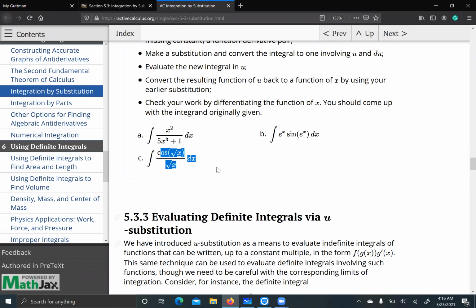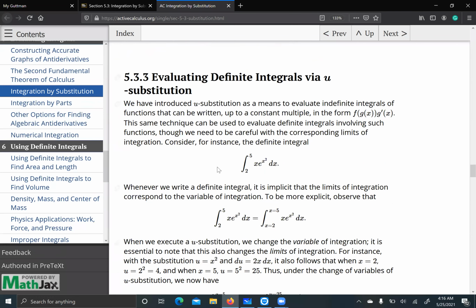Yeah, I think we can do the last one. I leave it as for you. It's not too difficult to see what should be u and what should be the